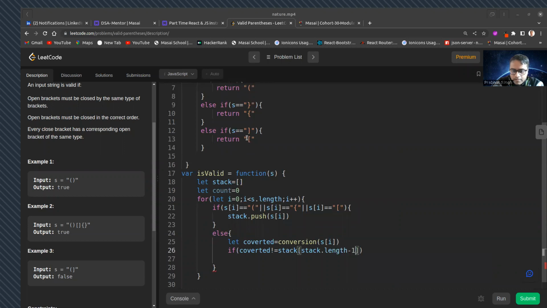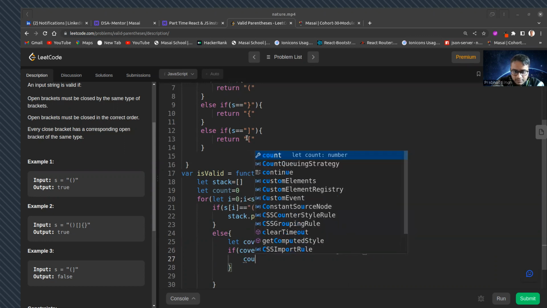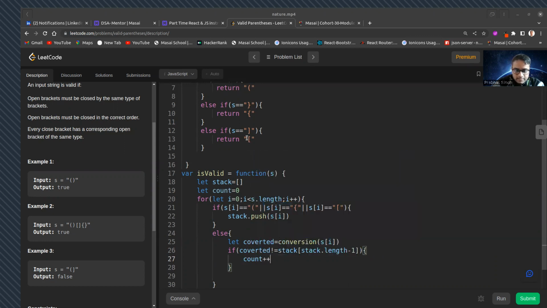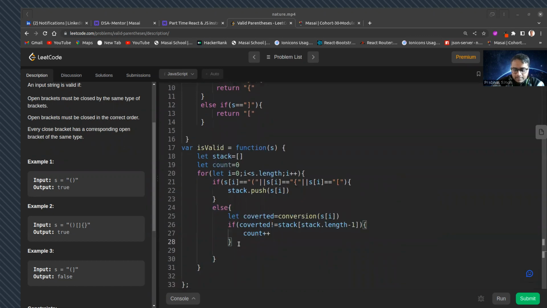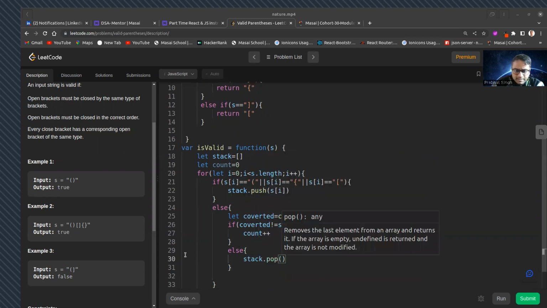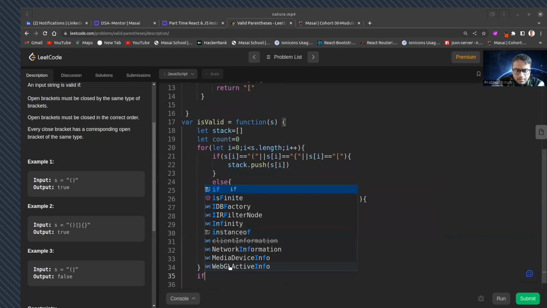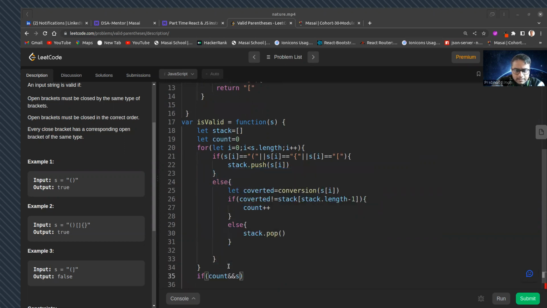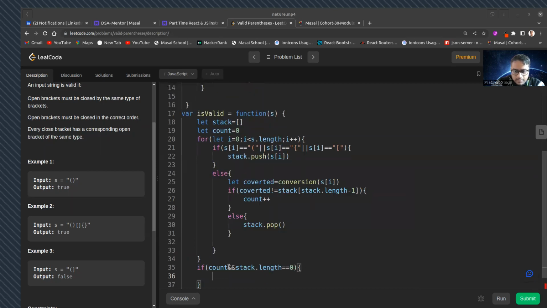This is zero-based indexing, that's why I have to put minus one. So this handles your edge cases, and if there is something there, then just pop. Now, if my count and stack length is 0, then simply return, else